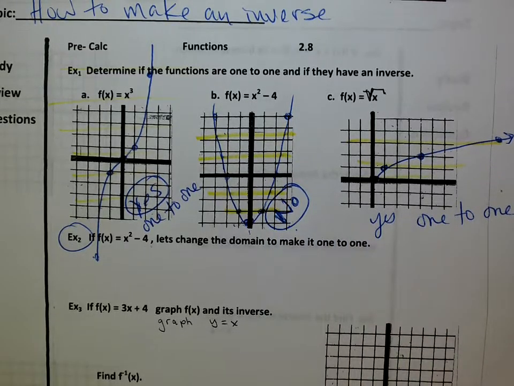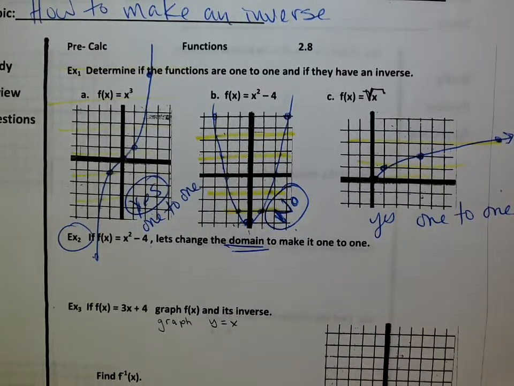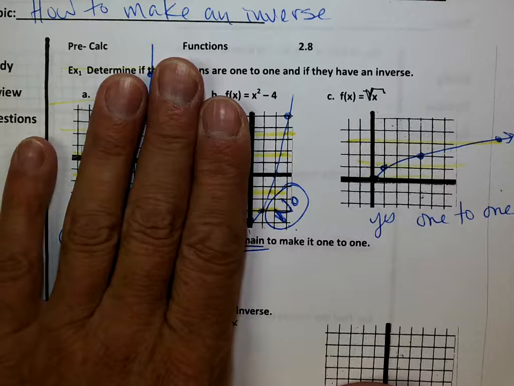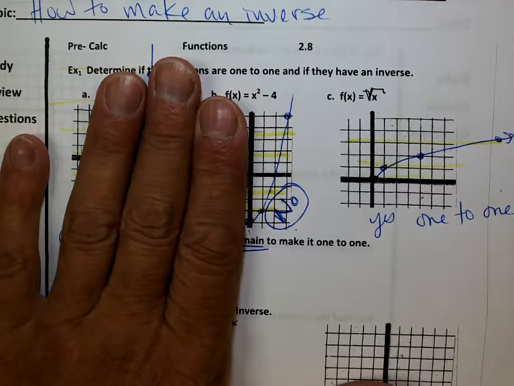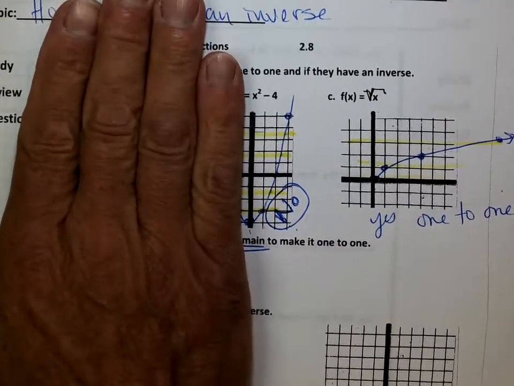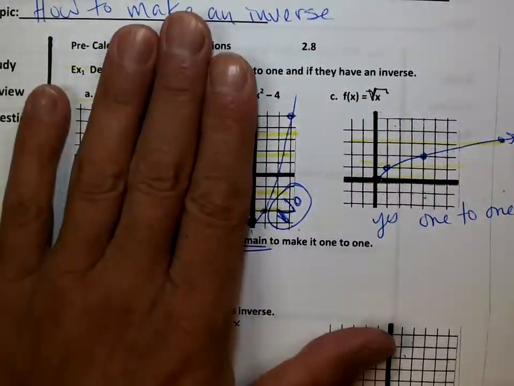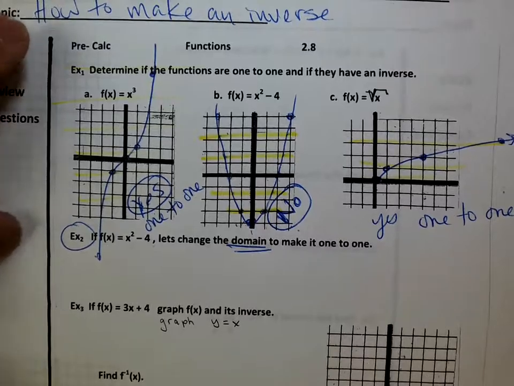It's not one-to-one. So if I really need it to be one-to-one, what I can do is change the domain. What I'm going to do is erase the back half of this graph. Just going to get rid of it. But in math, you can't just do that, because there are always these rules, right? If I do want to get rid of the back half of the graph, or the front, either one, usually it's the back because it's getting rid of the negative. If I get rid of this back half, the way I can do this is to change its domain